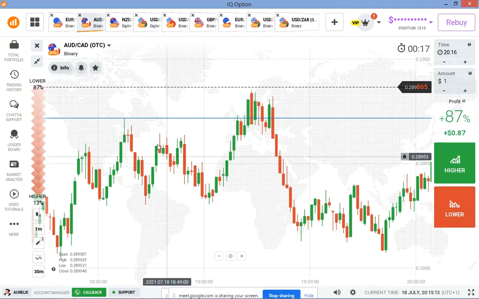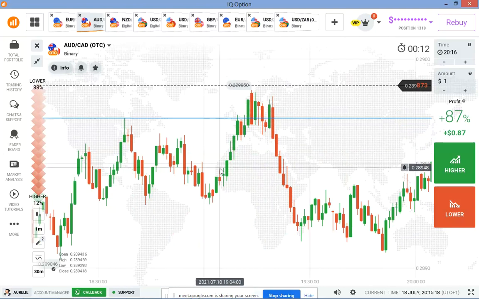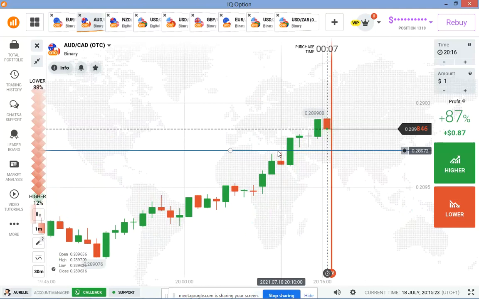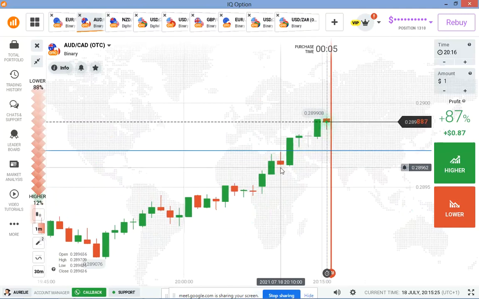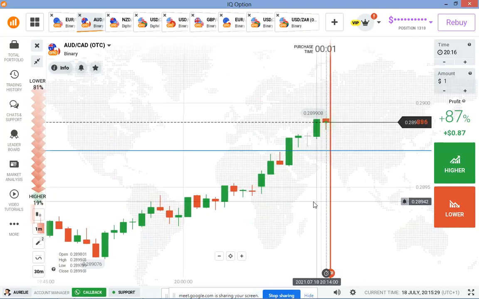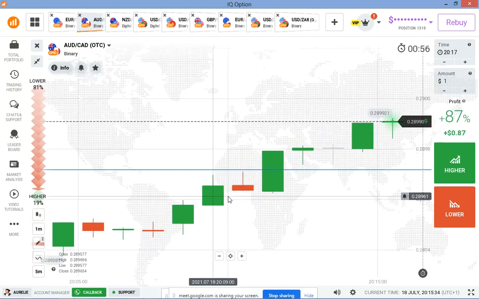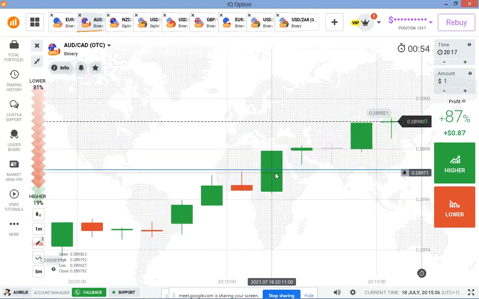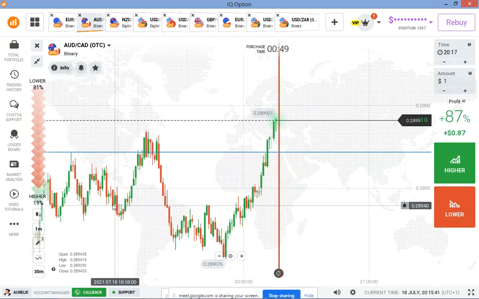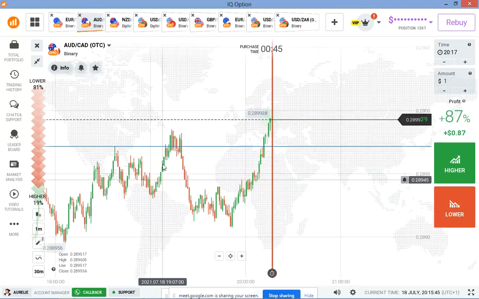Once they reach this level, on the left side, what happened to sellers? What happened to the buyers previously on the left side? That means once it happened to sellers here, if the sellers show proof that they are ready to push the price down, then I should know that sellers will go more down. So I will not be looking for a sign that buyers are becoming weak before I can go with sellers. Like now, the buyers are pushing the price higher, and something happened here that made the buyers succumb to sellers. Sellers push the price down.